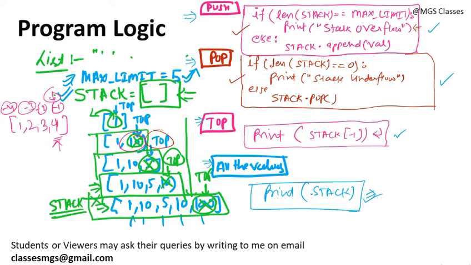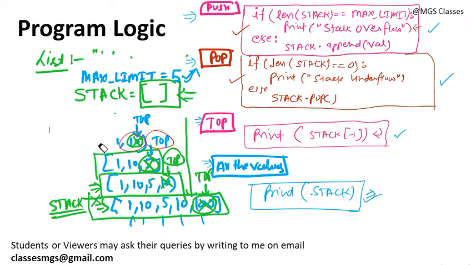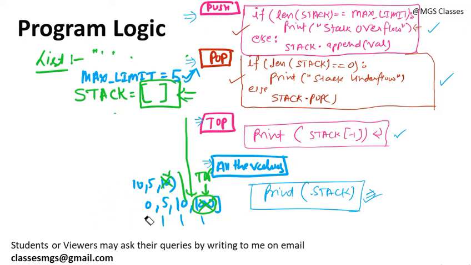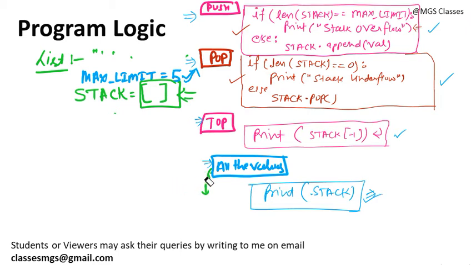So now we are going to use the infinite loop here to show the message to the user. So I am going to remove all those steps and let's try to see this stack working. So let's use the infinite while loop to give the user the choice to insert a value into the stack, and then we are going to run it. Okay, so we have seen how to implement the push, pop, top and all values operations. Now we are going to run a while loop, which will be the infinite while loop. So while True, what we are going to do,